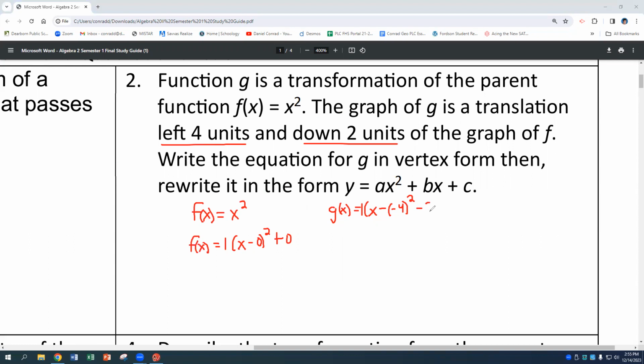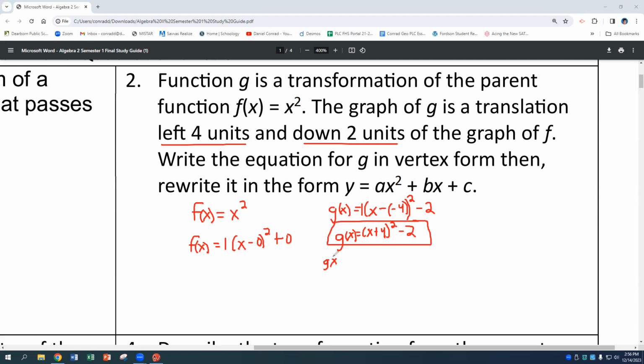So instead of plus 0, we're going to do -2, which gives me x plus 4 squared minus 2. Right, so that would be in vertex form. X plus 4 squared minus 2. 4 units to the left, so it's minus a negative 4, which becomes plus 4, and down 2, so we put minus 2. All right, they want it now in standard form, so what we're going to do is we're